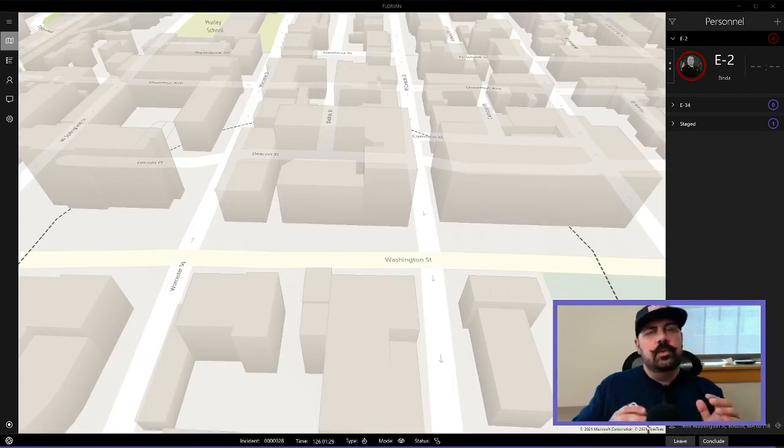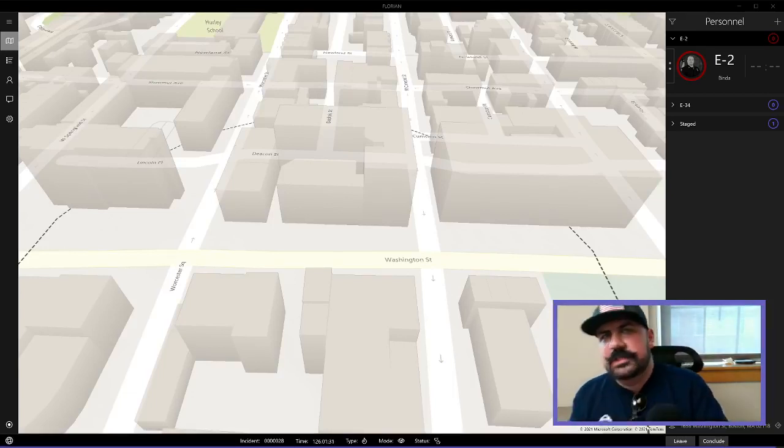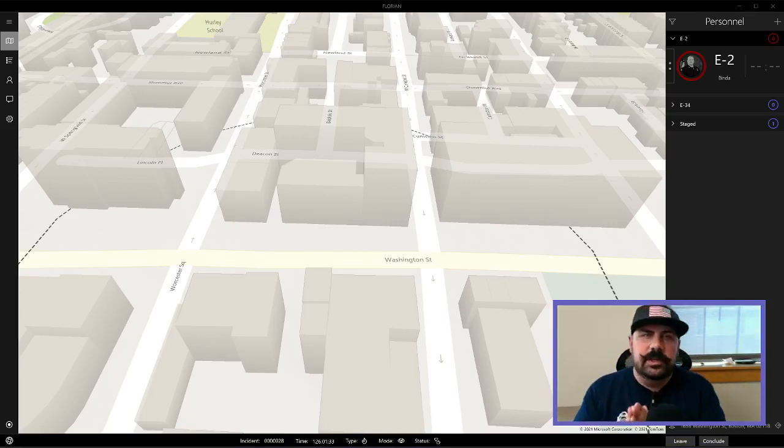There we go. So once you get your phrasing down, you could see how en route, it's something that's really, really valuable. It's a real valuable feature of Florian. The ability to speak and not, we understand when you're in the apparatus and you're bouncing around, or you're in your chief's truck and you're en route to an incident, you may not be able to click that button on the screen, but simply by saying, Florian, show satellite,